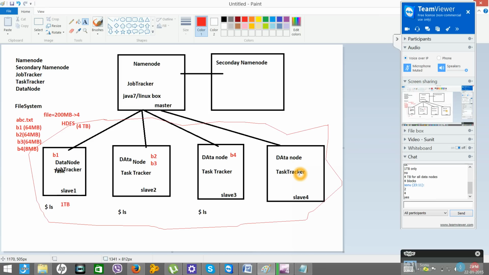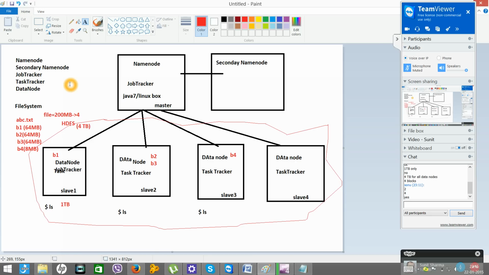But when you want to see this file, you just tell Hadoop, I want to see this file. So what it will do, it actually maintains a table. Say file abc.txt, I have divided into 4 blocks. B1 I have stored here, B2, B3 I have stored here, B4 I have stored here. So they maintain some sort of directory where the whole detail of the file will be stored, and whenever you demand this file, it will look into that register. It will check where exactly all the data are stored. It will go and fetch the data, and it will give the data to the end user.